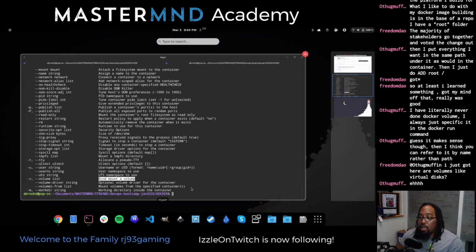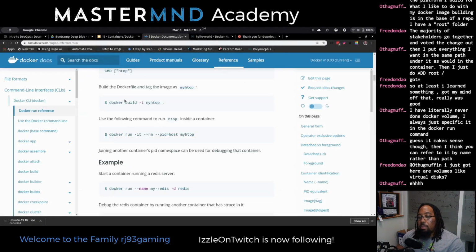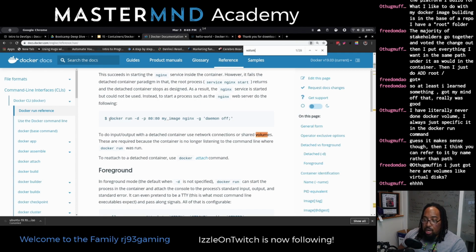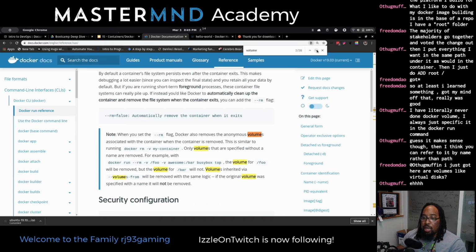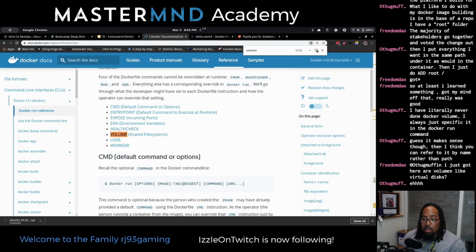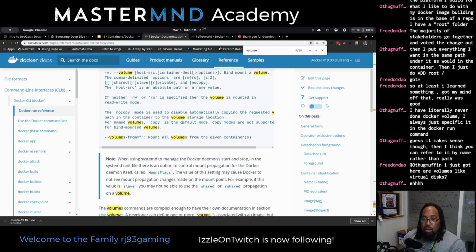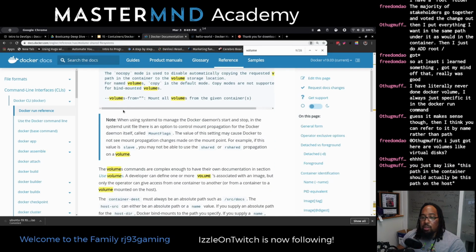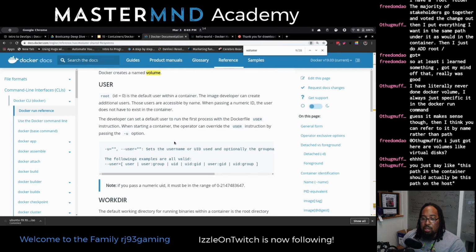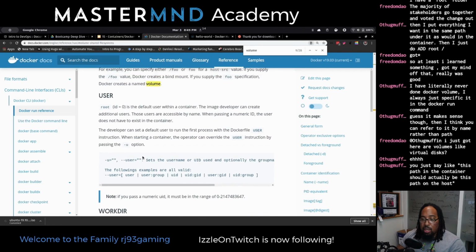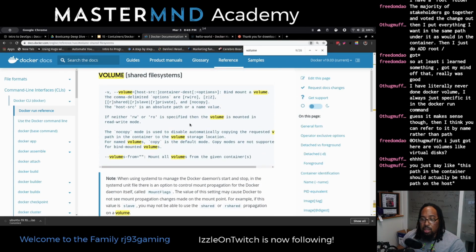Let's also see if we can find an example inside of the documentation, because I do think it helps to go through these things at the same time we're doing stuff. So this is an example, but this isn't the main section, I don't think. Here we go. All right, volume, share file systems. So we're going to pass in a -v. I thought there would be a good example here, but there's not. Or was there? All right, well, we'll just do it. Oh, well, yeah, it tells you what to do here. Volume, the host source, and then container destination.